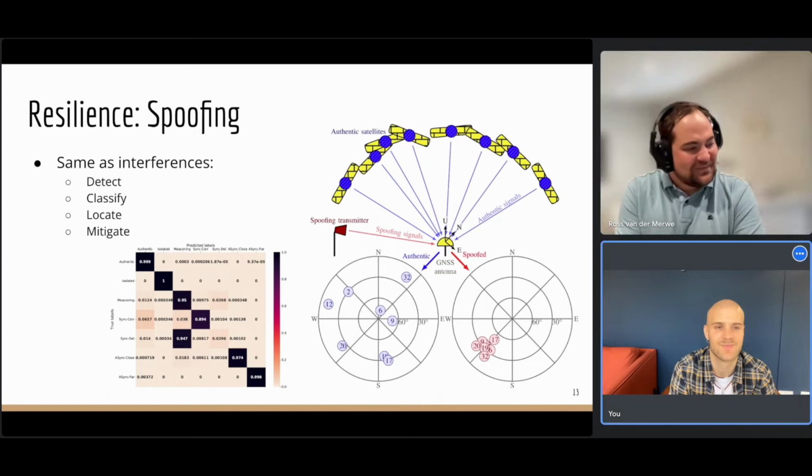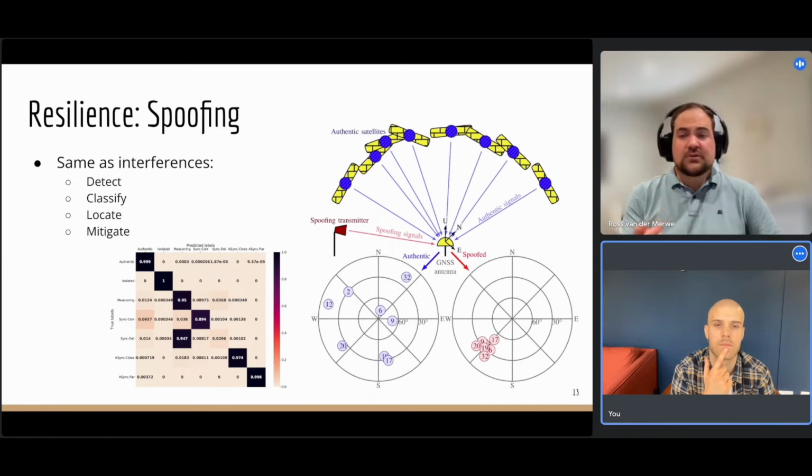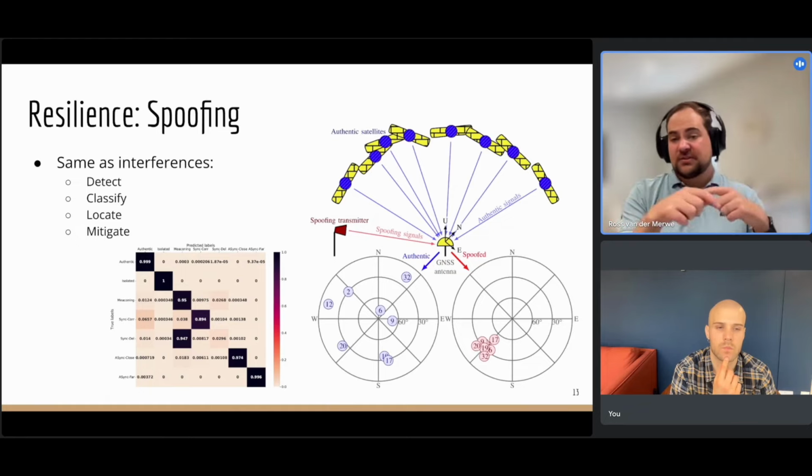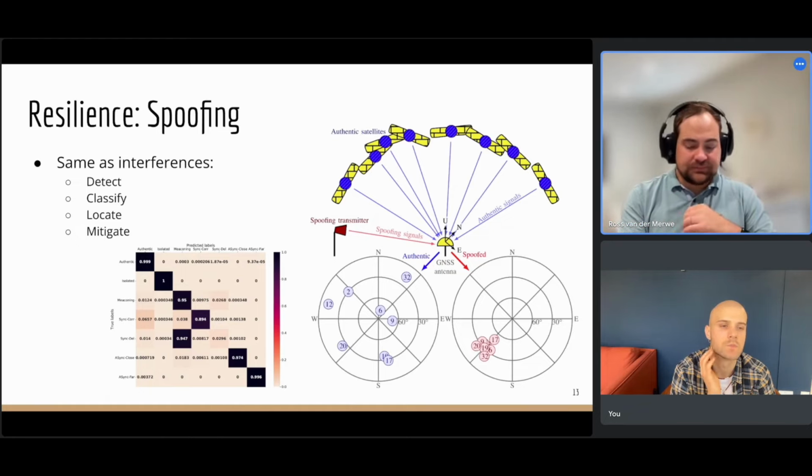Also, in this case, I'm using an array of antennas, so not just one antenna but multiple antennas, which is really expensive. So the average user will probably not do that, especially with a mobile phone, which doesn't have an array of antennas. It has one. So this is for the receiver. The receiver has multiple antennas and has multiple options to look at the signals.